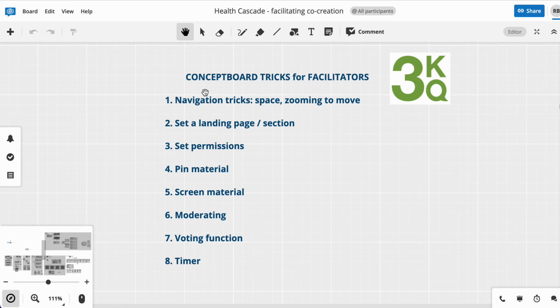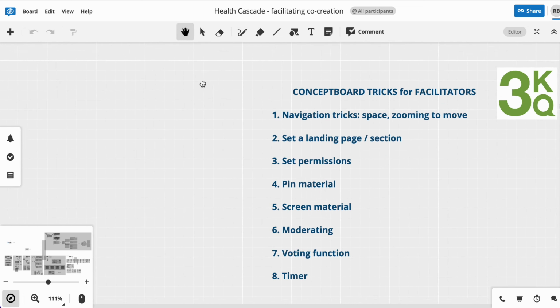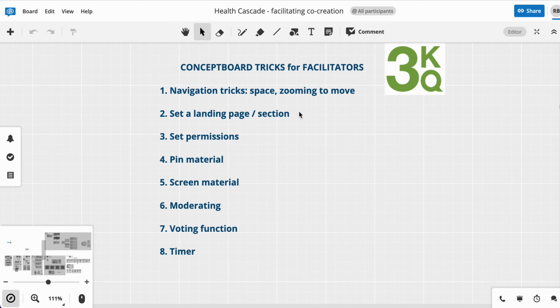And I'm going to start by number 1, showing you a couple of really helpful navigation tricks. So the space bar. At the moment, if you're editing things, you'd be using this arrow, the selector tool, so that you can click on things and edit them, move them around, all that kind of stuff. If you then try and move around the board, you'll know that if you try and drag, then this happens. So to move around the board in basic navigation, you've got to click the hand, then you can drag the board. But if you're editing as a facilitator and you want to be able to move really quickly,